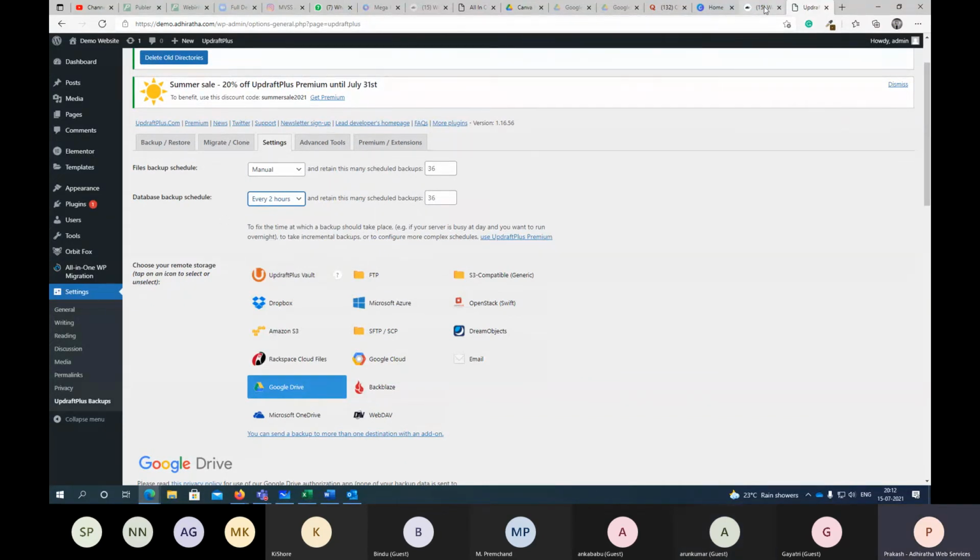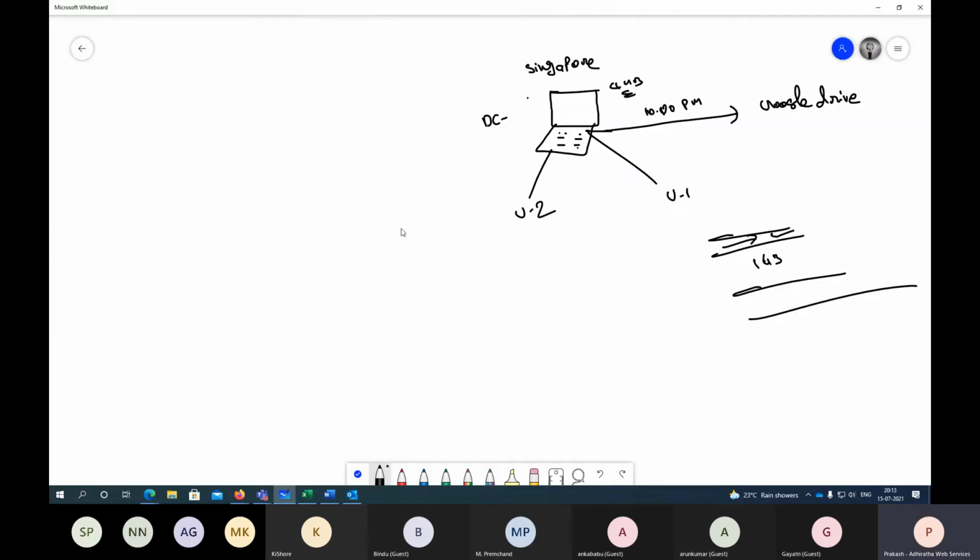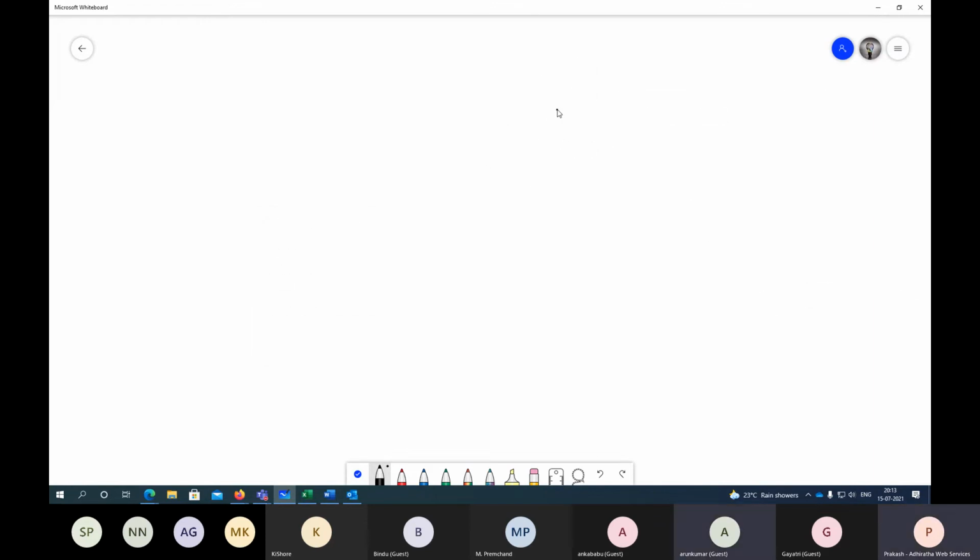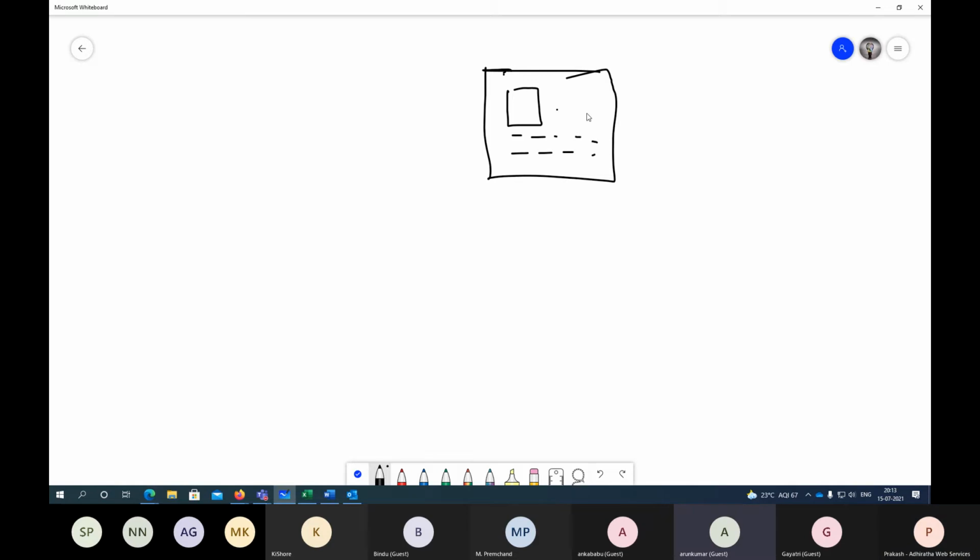Okay, fine. File backup means where you're uploading images or text and all. That is called files. But what about your users? How any website or application is designed: you have a website, and the images and text you're uploading here are files, and whatever login data, customer data, all those things are database. Am I correct? Exactly.